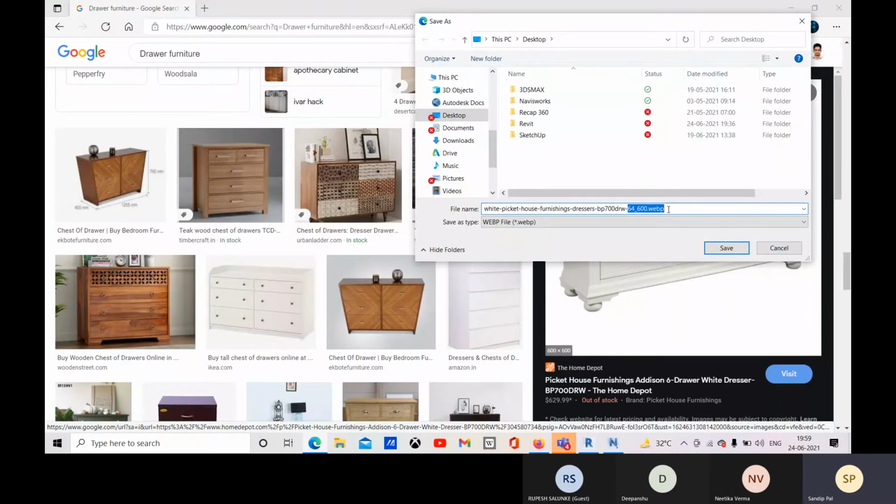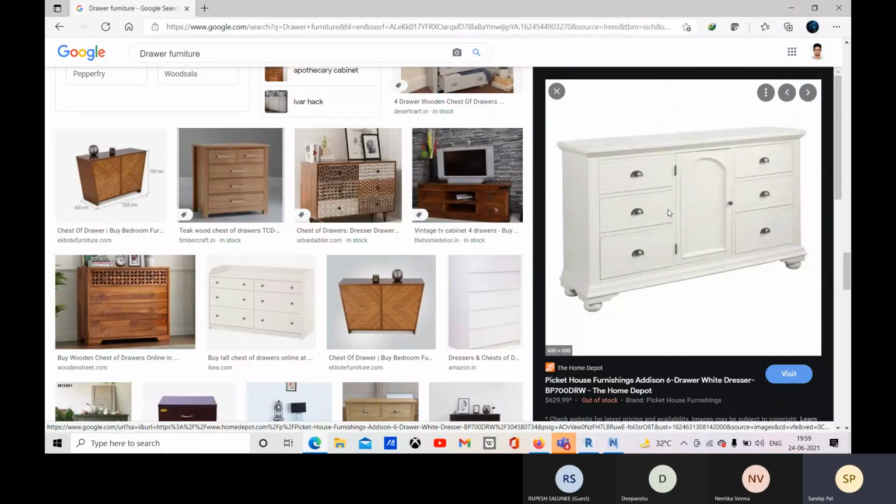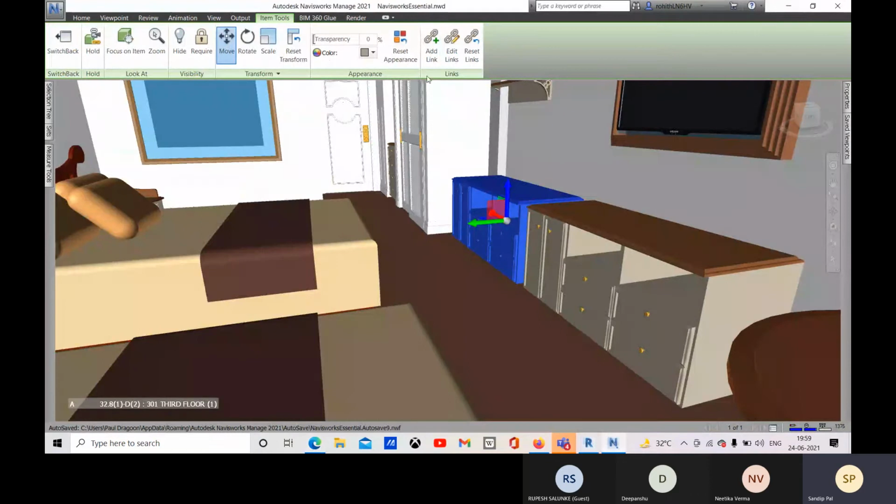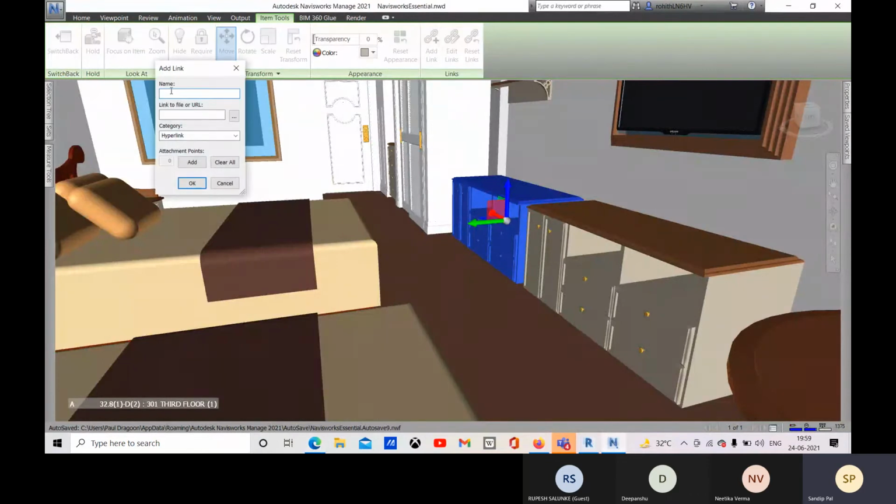So I will save with .jpeg so that I can get that JPG format. So that is saved, and I will go to Navisworks. Here, click on this add link option. Give it a name. So suppose for manufacturing, for manufacture,